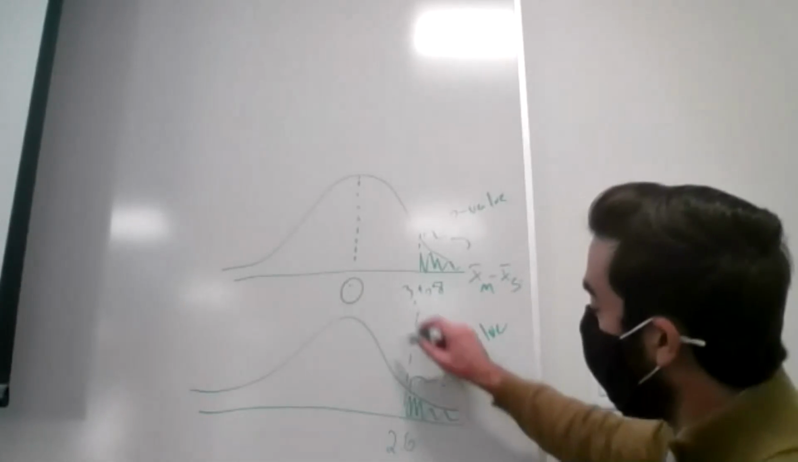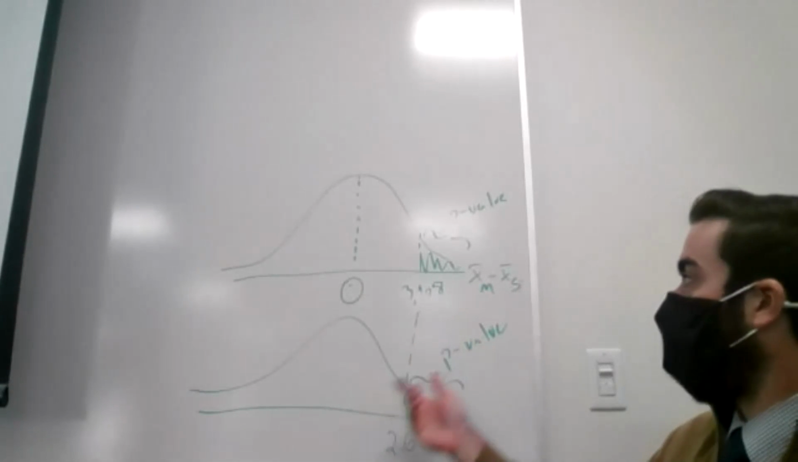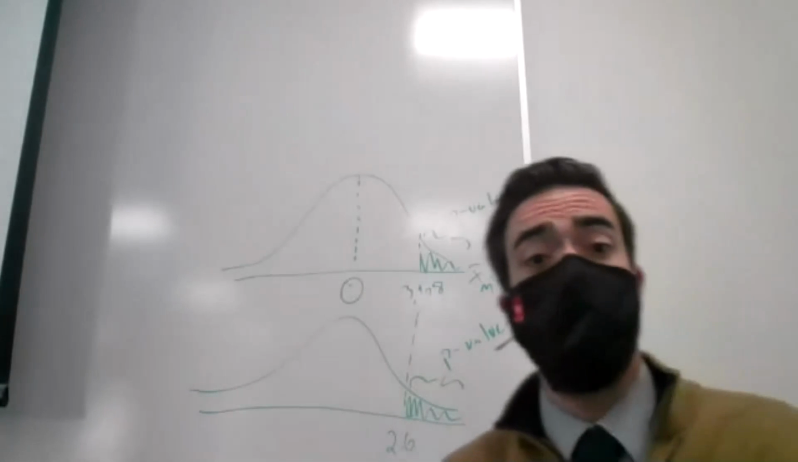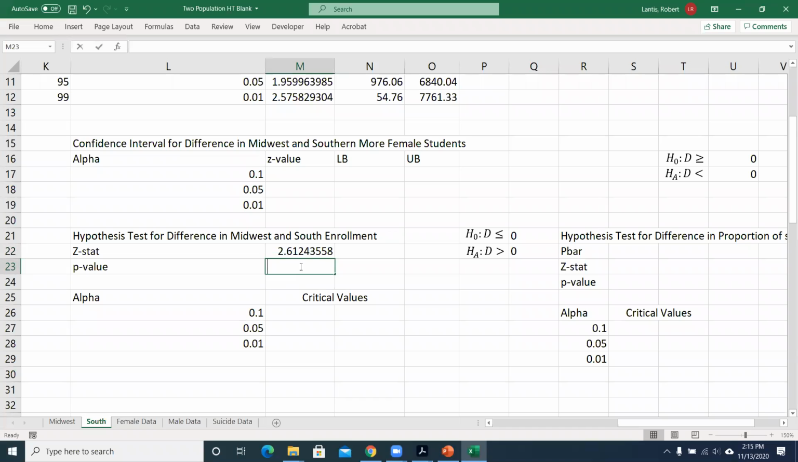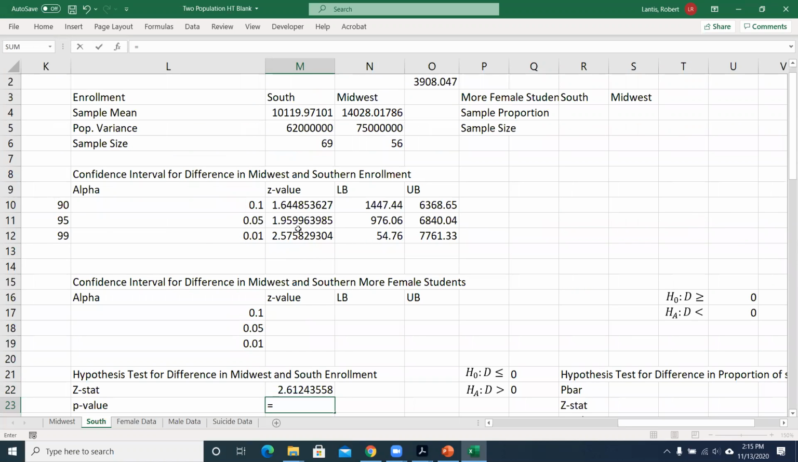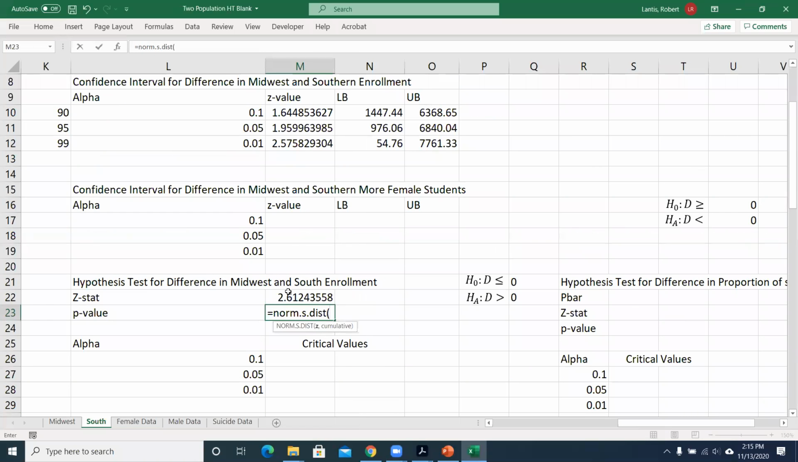We can use Excel. Excel is always going to give us the area to the left, so we'll have to remember that whatever area Excel tells us, we subtract it from 1 to get the area to the right. So what formula in Excel can we use? When we knew the area we wanted in the tail and wanted to find a z value that gave us that area, like with confidence intervals, we used NORM.S.INV. Now we know the z value, and we want the area to the right of it. We can use the NORM.S.DIST function, tell it our test statistic, comma 1, and that will give us the